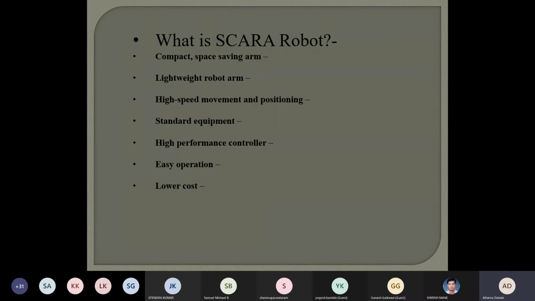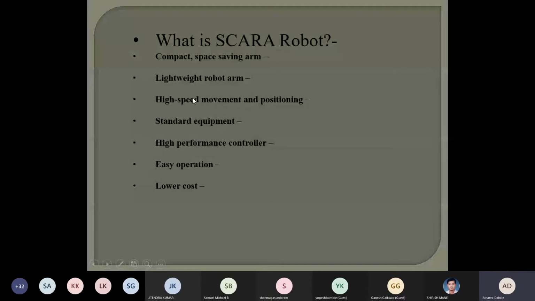They are also very cheap in price, with a range of payloads, reaches, and protective ratings to choose from. These robots are well suited for pick and place applications, for assembly lines in production, for material handling, and for packaging applications. Also, the robot is equipped with the powerful CR750 and 751D controller. The controller is also very rigid, robust, and very strong.